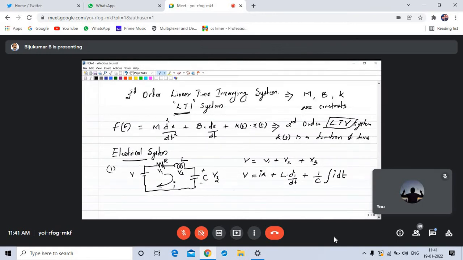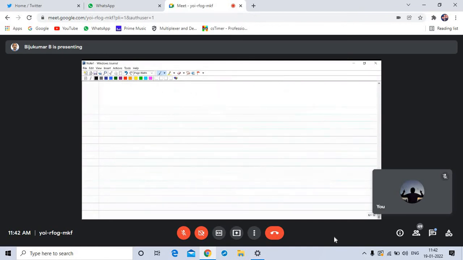Okay. So what is current I? It is nothing but the rate of change of charge. So we can write I equal to dq by dt, where q is the charge. Right. So if you substitute this, you can write